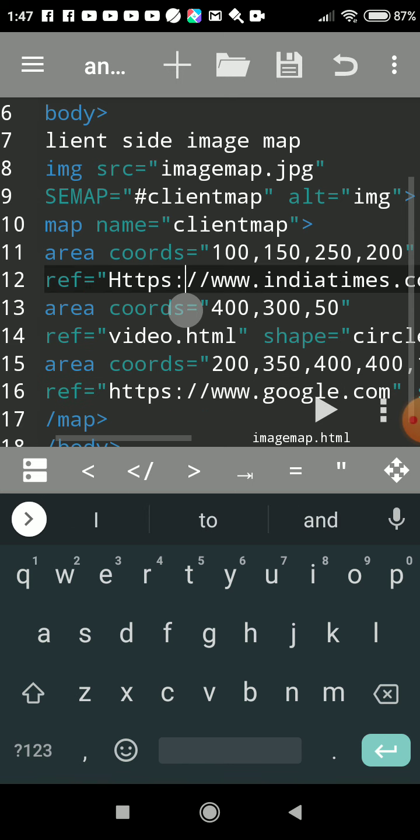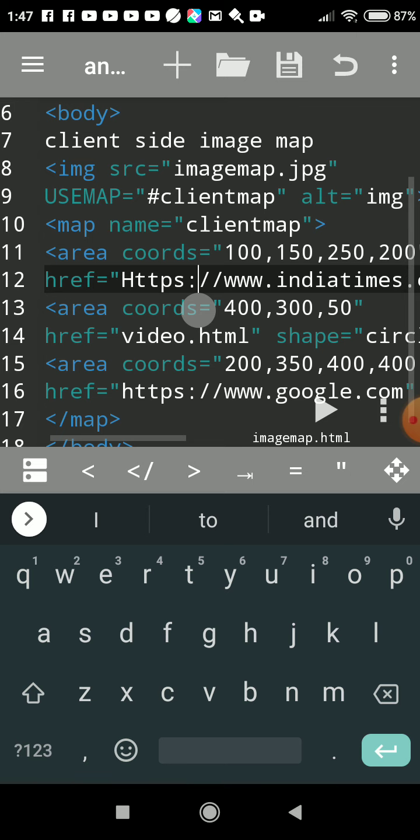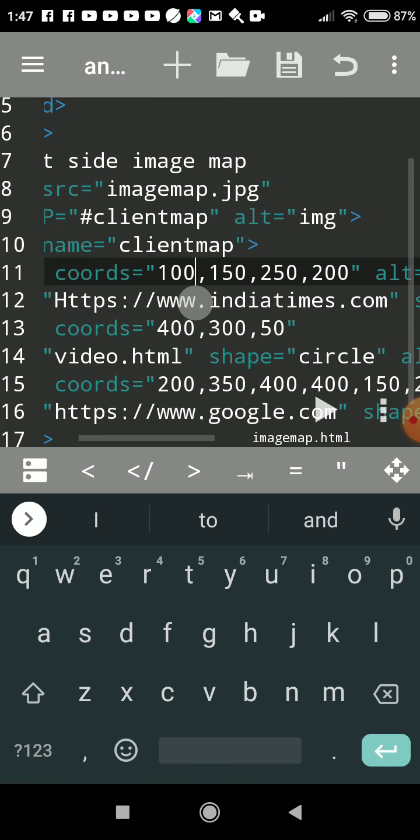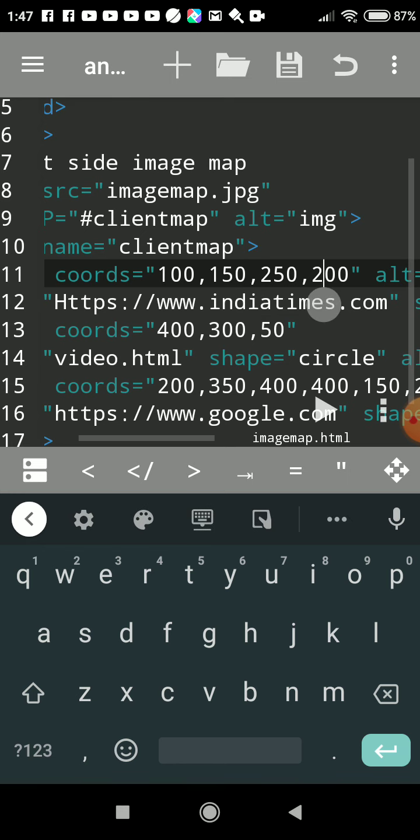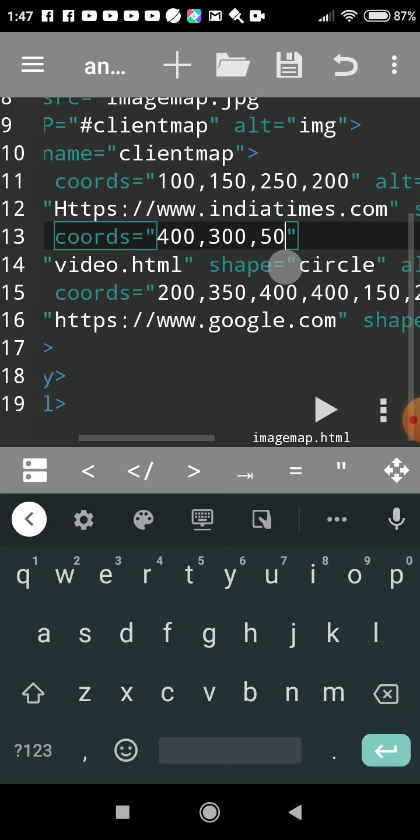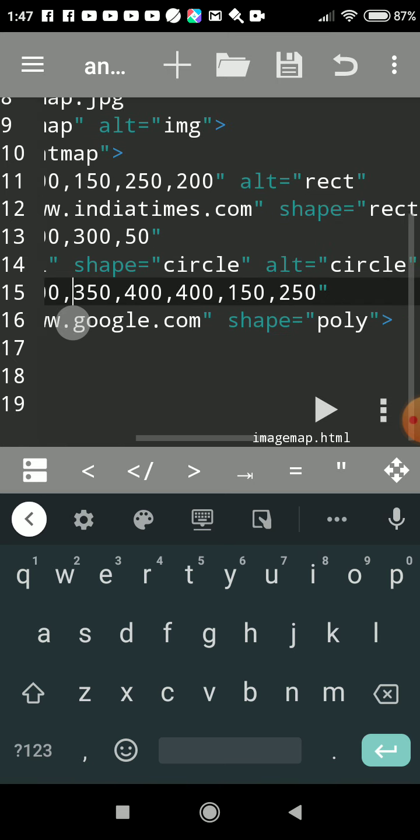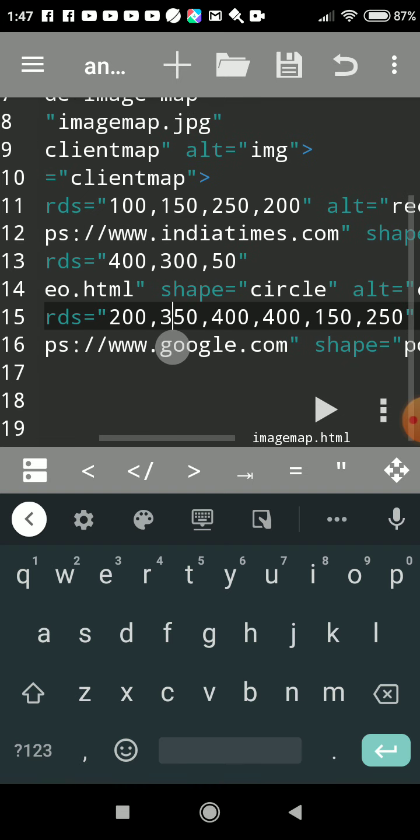With href you create a hyperlink to that area, and coords. For a rectangle, 4 coordinates, that is left top x1 y1 and x2 y2, and for a circle 3 values, and for a polygon you have to take 6 points, that is 3 pairs of coordinates.